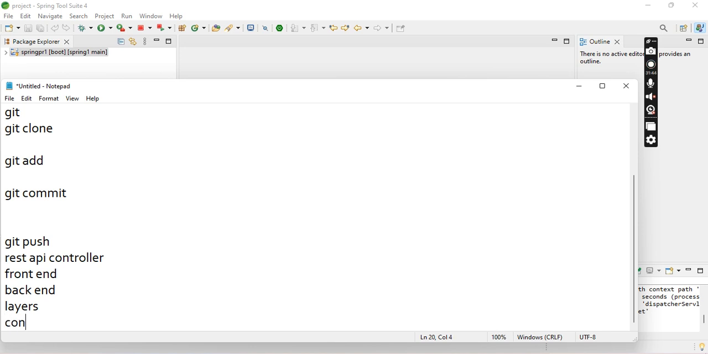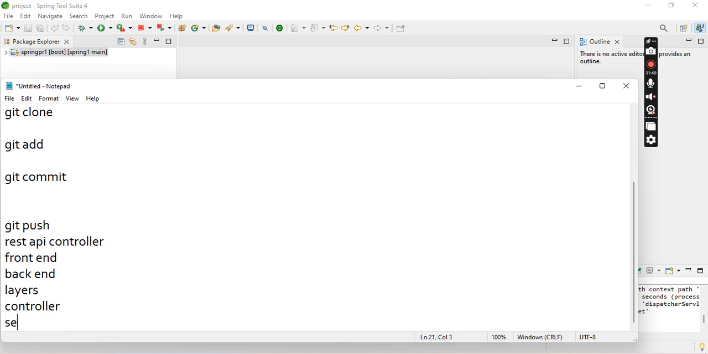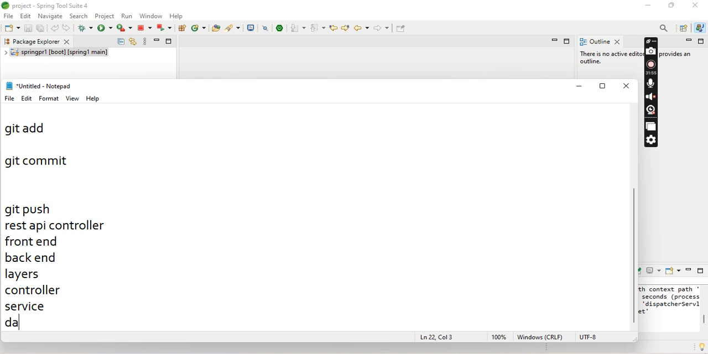The first layer is the controller, then the service layer is there, and then the DAO layer is there. Here we write database related code, here we write the business logic, and here we write the routing. So for that, when the client front end